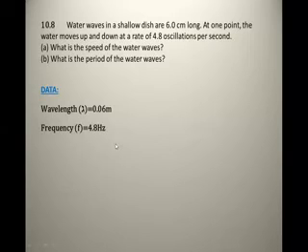Oscillation per second means what? I have already told you in the lecture that if somewhere it is written cycles per second, oscillation per second, vibration per second, or hertz, it means that all terms are the same because these words are telling you the definition of frequency. Oscillation per second is called frequency, so I have written the unit here. Now this is hertz. Take the concept: oscillation per second, vibration per second, or the number of waves per second is called frequency. All are the same, so I'm writing hertz here.